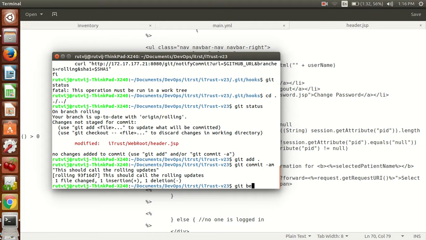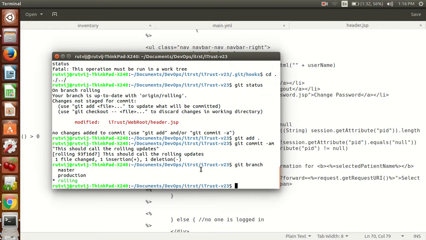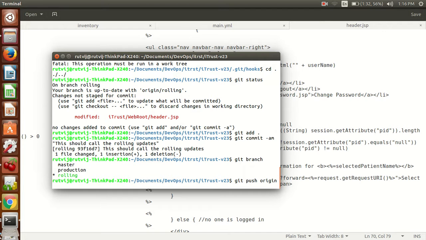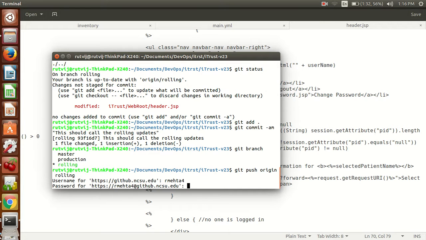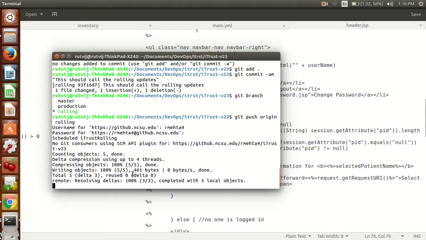and as you can see, right now my rolling branch is selected. So whatever I'm going to push, it will be pushed on my rolling branch. So I'm going to push my changes. So as you can see, my changes are pushed,